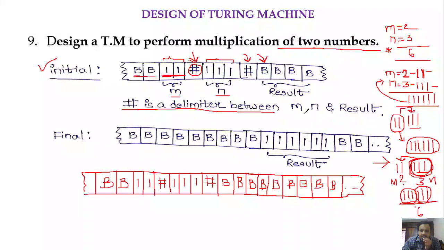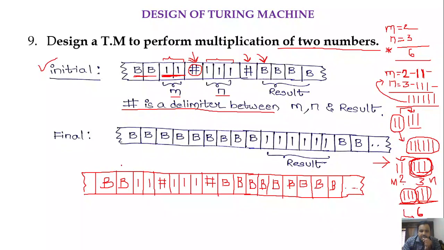So this is how we have to generate the number of ones based upon the m and n values. At the end of the input, that means after processing the entire input, the tape must have the value as 6. This 6 is going to represent the multiplication result. On the tape we are not going to get an exact 6, we are going to get 6 ones. That 6 ones will be treated as a value of 6.